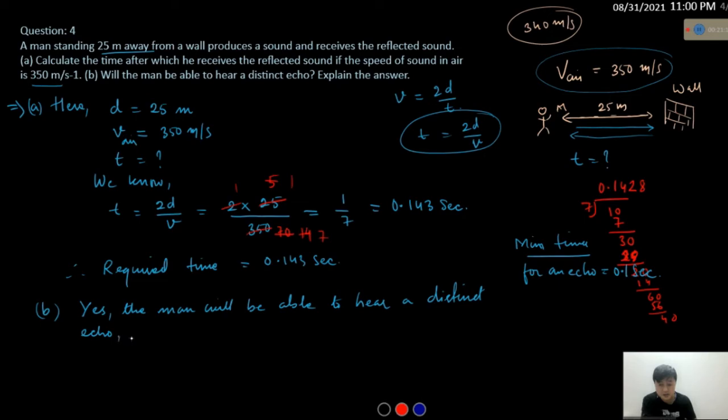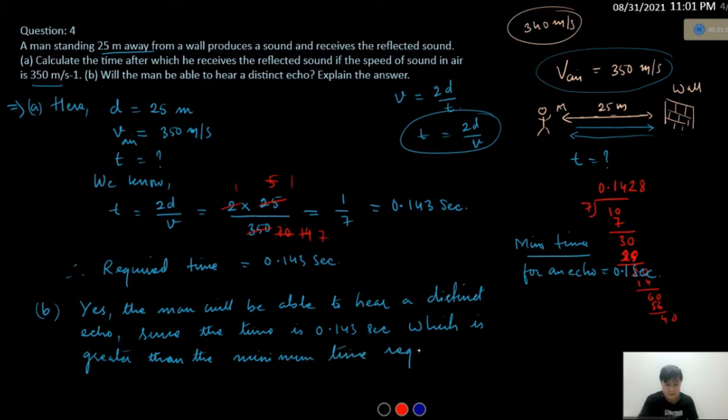then right here echo, since the time is 0.143 second, which is greater than the minimum time required for distinct